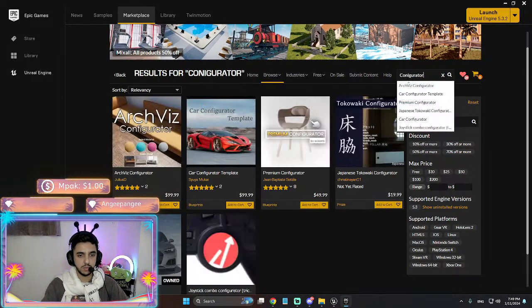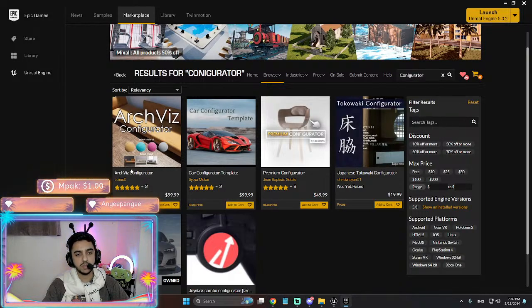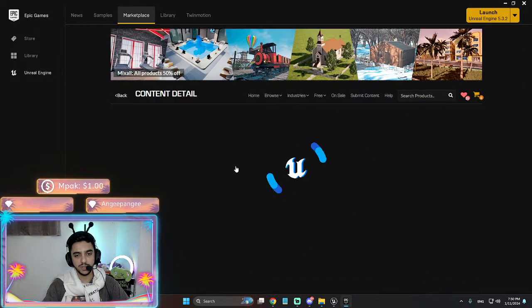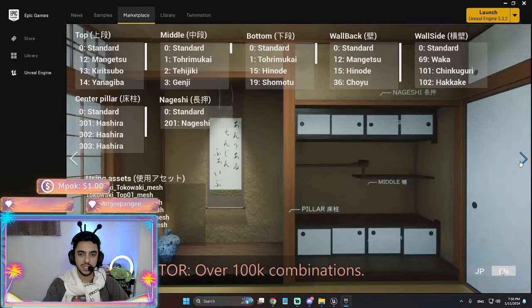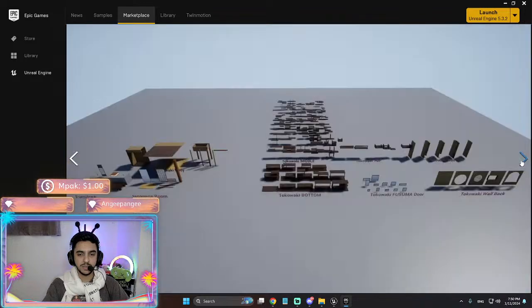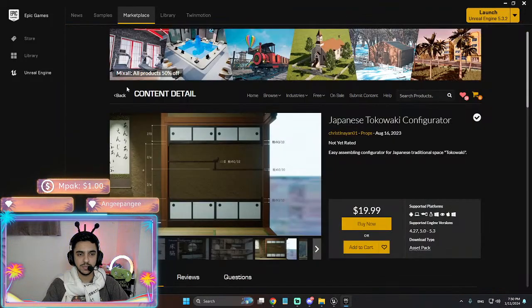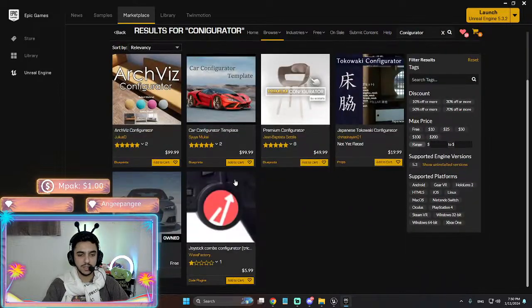Configurator. Okay. This one, this is car configurator, Archviz configurator, Japanese Tokyo configurator. What is this one? It's nothing.